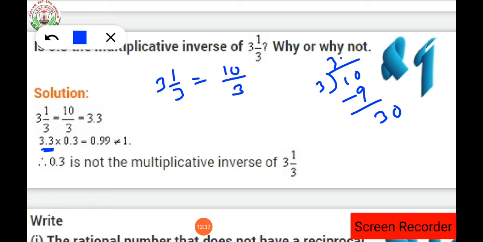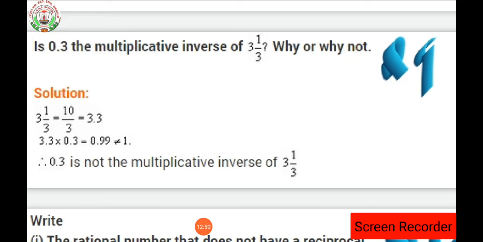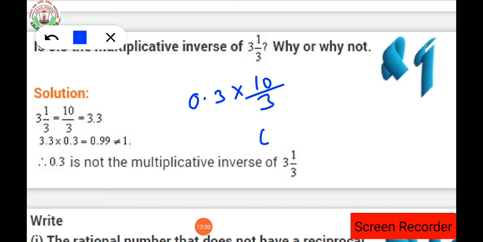So 9 here coming, then 10 minus 9 will be 1. Here it is coming 1, not 3. So again 10 is coming, again 9 will come. That means it will be goes on, isn't it? So for that we are going to see 0.3 is the multiplicative inverse of 10 by 3 or not. Okay, so 0.3 into 10 by 3 we can write it as 3 by 3.3. Okay, now you can multiply the number, you will get the required answer as 0.99, which is not equals to